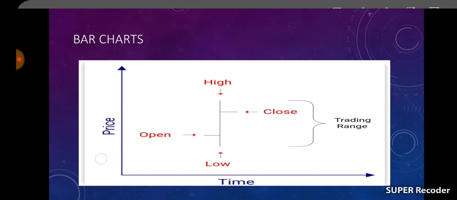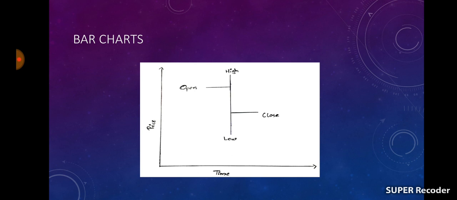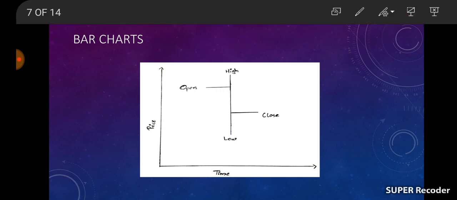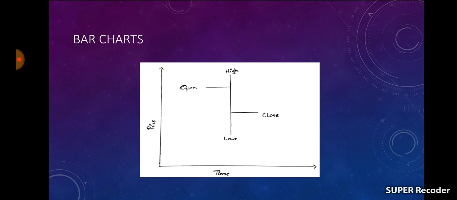Here in this chart, the dash to the left side is here and the dash to the right side is here. So the opening price is high and the closing price is low. So there is a decreasing tendency in the price, and it is known as bearish tendency. The advantage of using a bar chart over a line chart is that it shows the opening price, closing price, high price and low price of a particular day, and a line chart indicates only the closing prices.